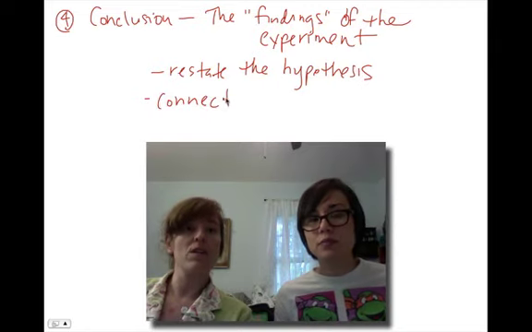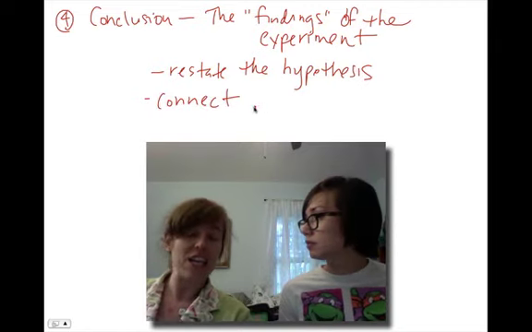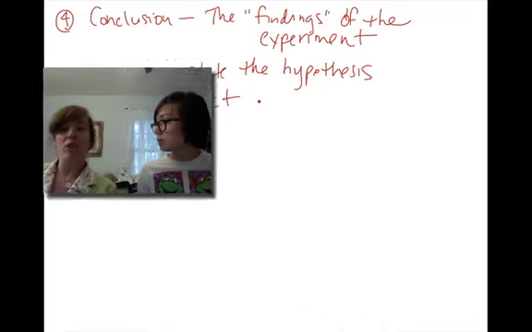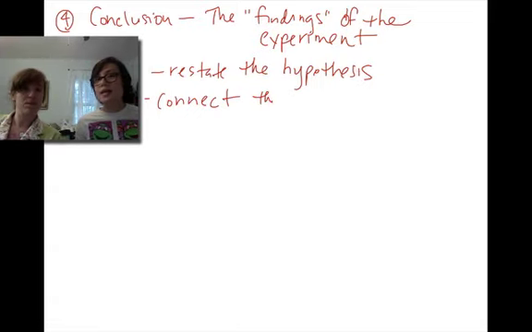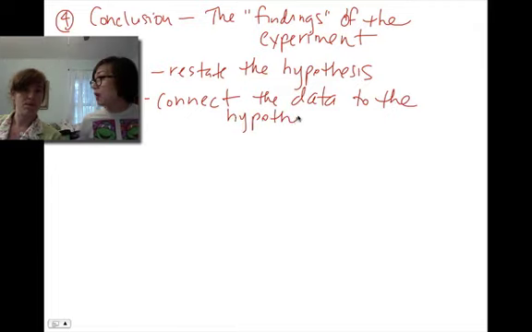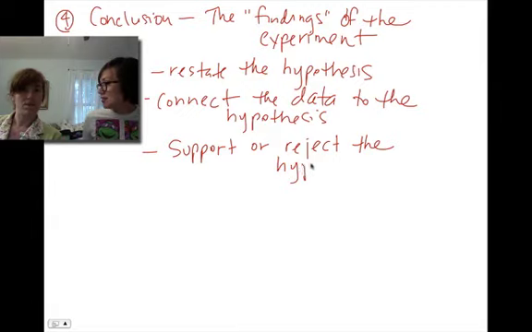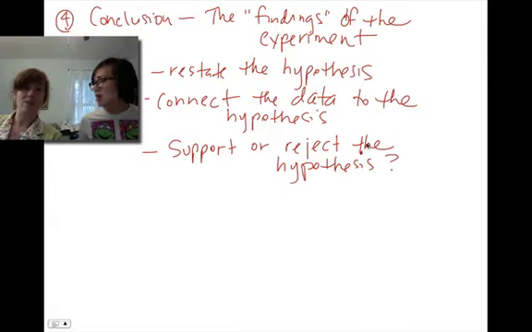Right. So when we look at that data, we really want to look at it in relation to the hypothesis. So connect your data with the hypothesis. Say whether or not it supported it or rejected it. And if you notice that the data doesn't support your hypothesis, which, to be honest with you, happens more times than not, that means that you have to go back and you have to redo the experiment. Right. And that's okay because science is this messy, messy, messy thing. And so oftentimes what you'll see is that a researcher will spend years trying to figure out the answer to one question and run potentially hundreds or even thousands of experiments